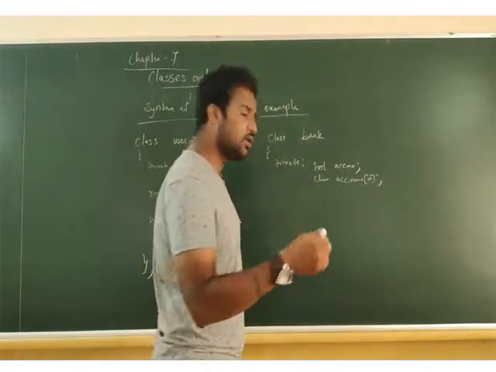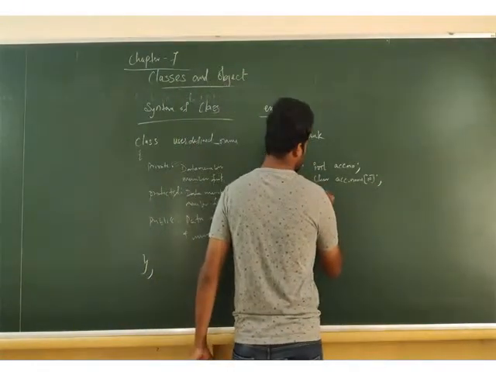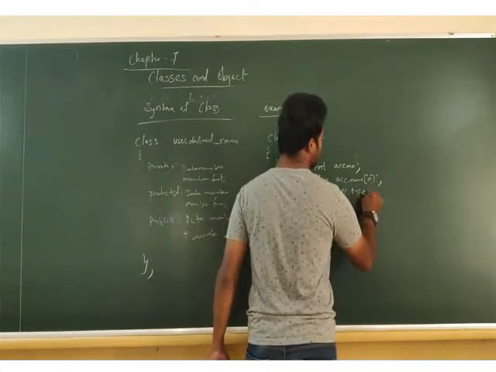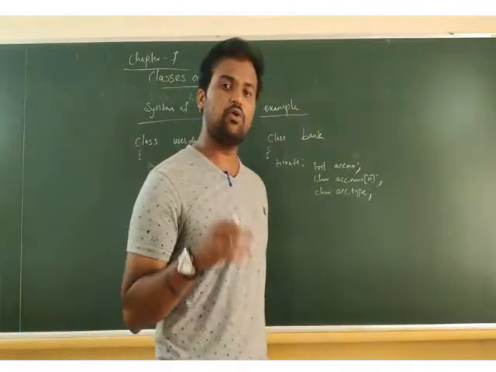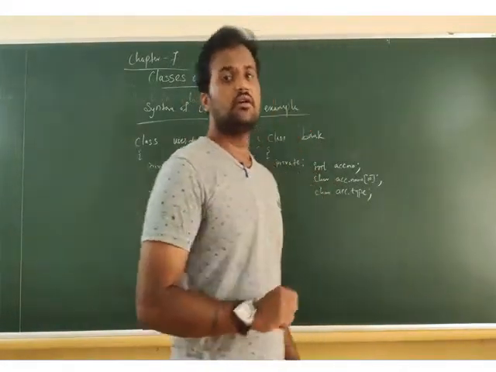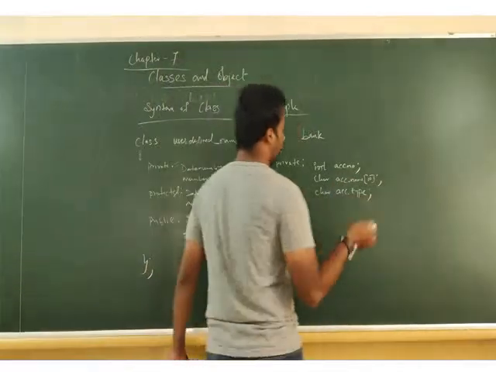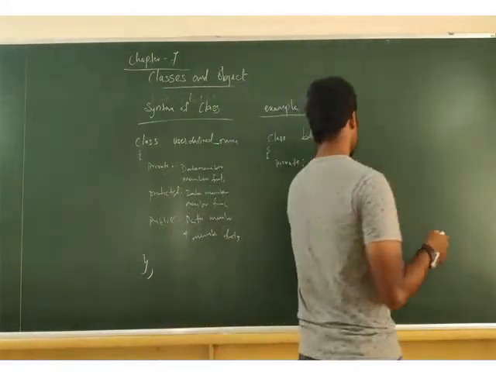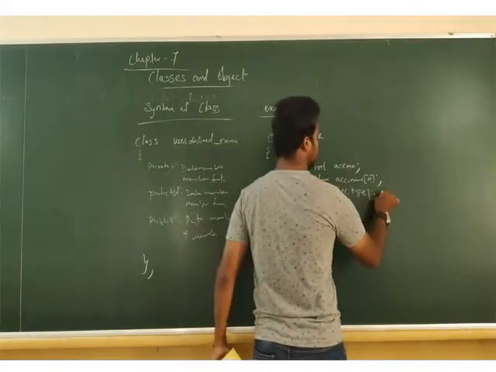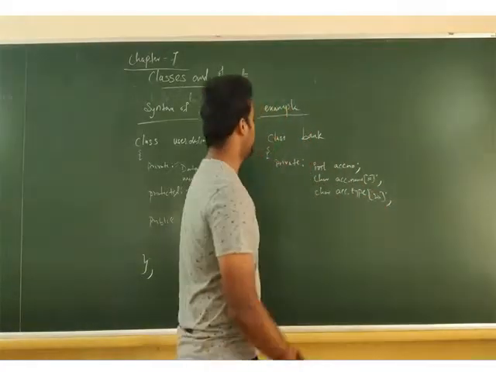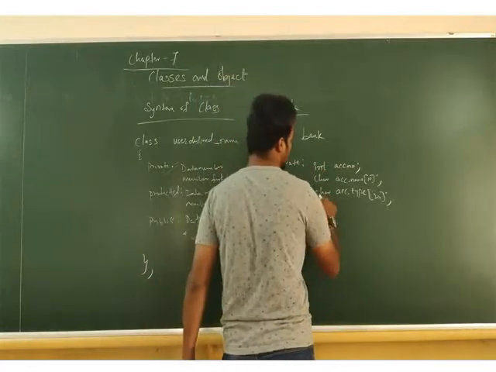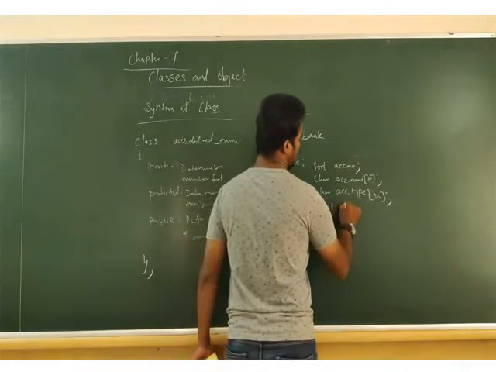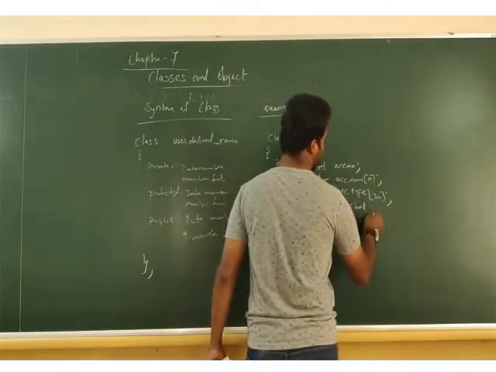Then I have account type. What do you mean by account type? Account type means whether it is a savings account or a current account. Those are all the account types we have. Then again we have cash. Whenever we write cash, here comes size. Okay. Then cash, integer cash. Again we have account balance.